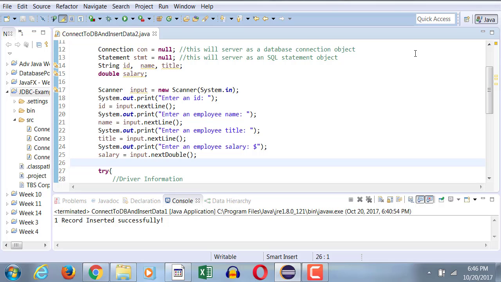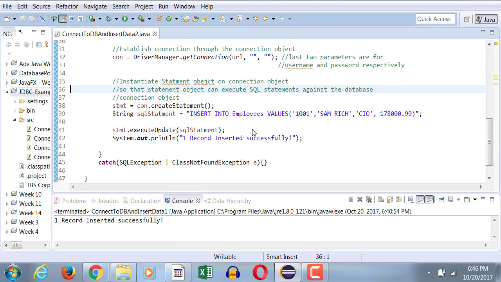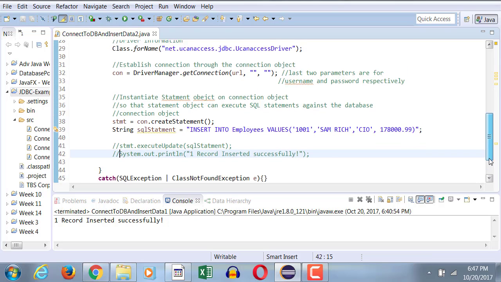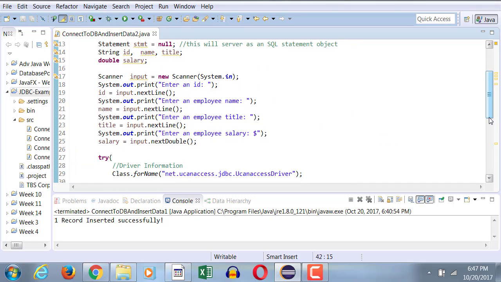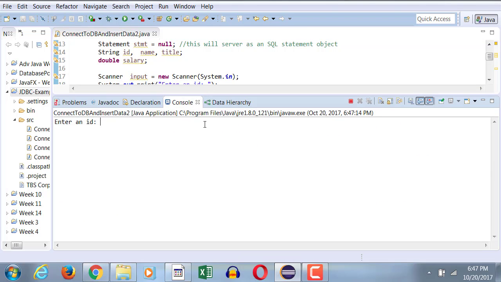Okay, everybody got this far? Okay, what I would like you to do now is comment this one statement, which is execute update. And also this one, record successfully done. So after you comment those 2 lines out, I want you to test something. So now when you run your program, and if I enter a value for ID,